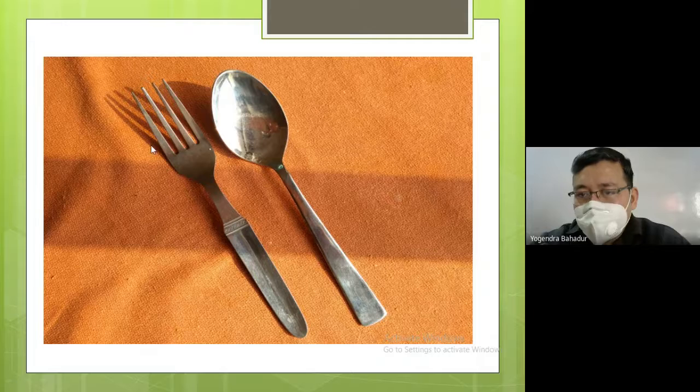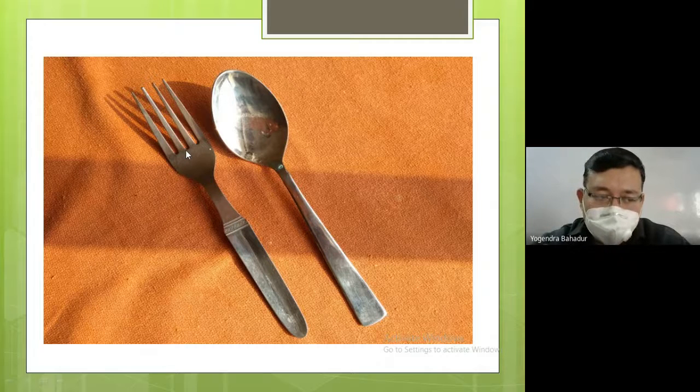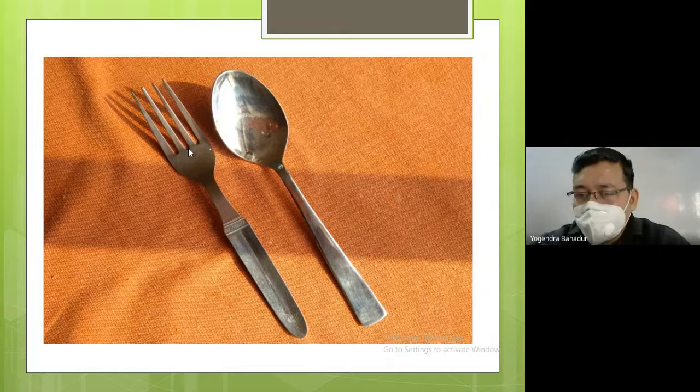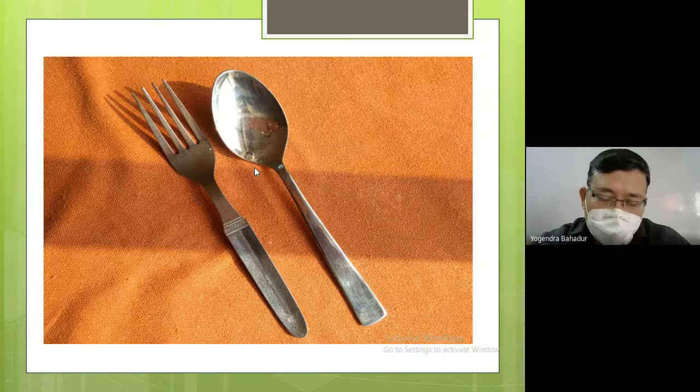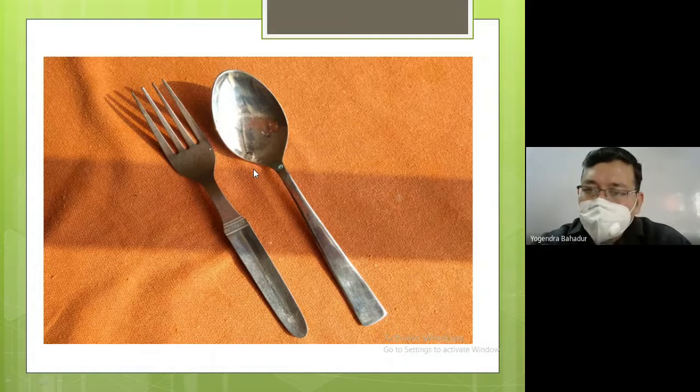Now, on the right hand side we have the service spoon, and on the left hand side we have the service fork. The basic purpose of the service spoon and the service fork is to hold the food items in order to serve them from the entree dish onto the plate. And when we use both the service spoon and the service fork together in a combined form, they are considered as service gear.